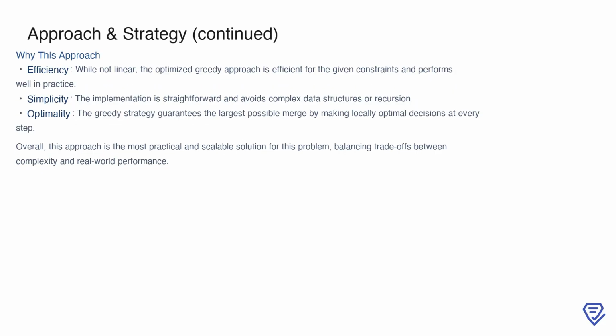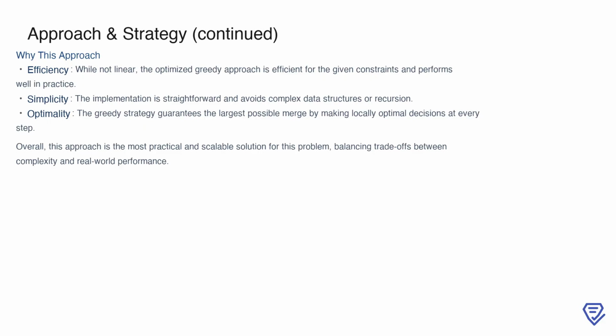The optimized greedy approach was chosen for several reasons. First, it is efficient given the problem's constraints, performing well in practice even though it is not linear. Second, the implementation is straightforward and avoids the complexity of using advanced data structures or recursion, making it easier to understand and maintain. Finally, the approach guarantees optimality as the greedy strategy ensures that the largest possible merge is constructed by making the best local decisions at each step. Overall, this solution balances the trade-offs between computational complexity and real-world performance, making it the most practical and scalable option